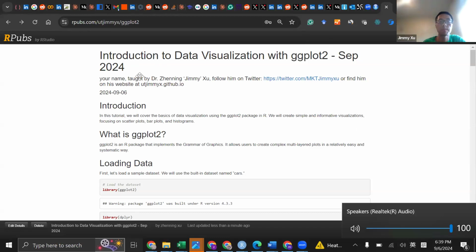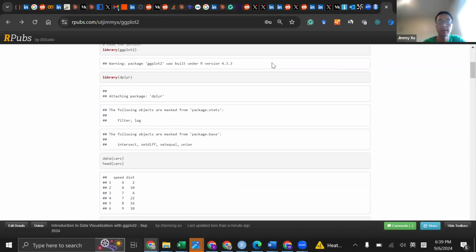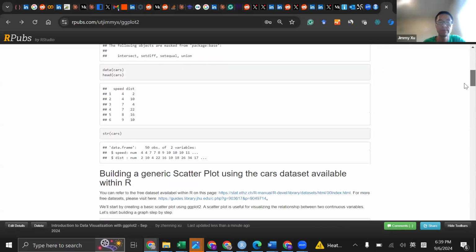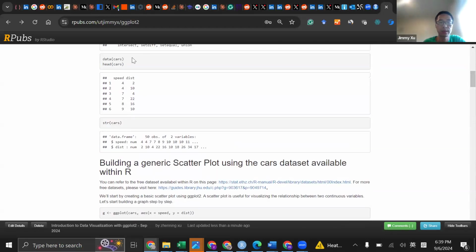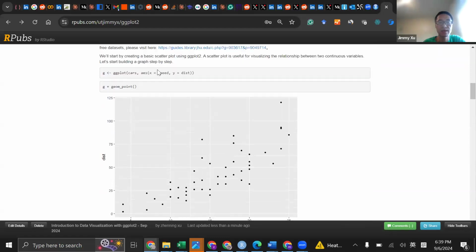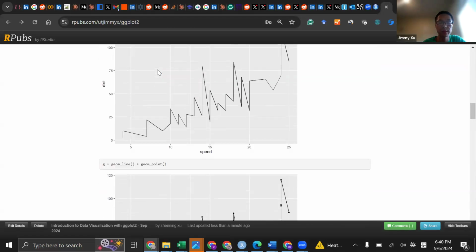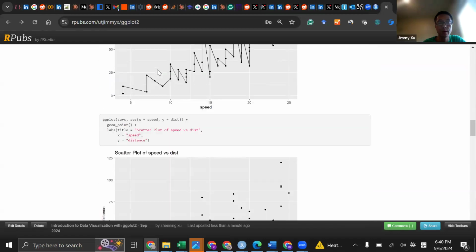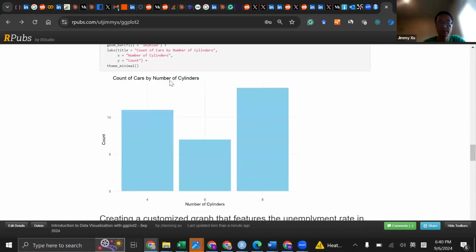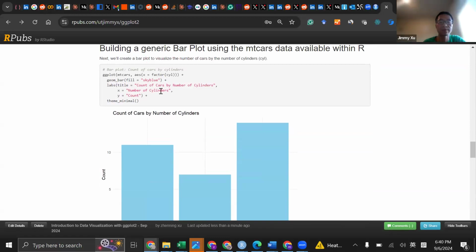Okay, so we'll be using three different data sets. The first one is available within R, and it will be named cars. We look at speed and the distance it takes for the car to stop. The second data set we'll be using, if you look further, is the mtcars data set. This is such a popular data set because it features different kinds of variables and,